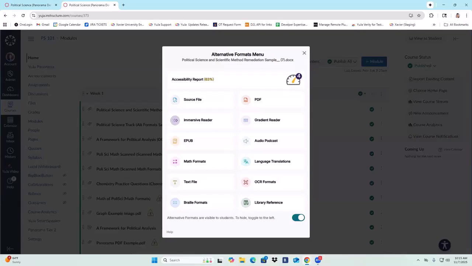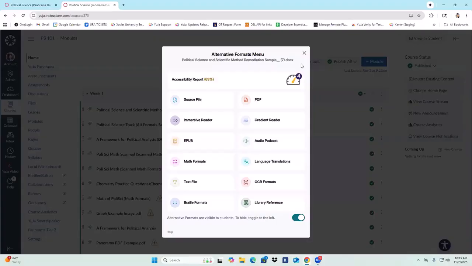I have a question here as to which features to use. Should I always turn on the gradient reader? By default, all of these alternative formats will be available for any file in the course. The great thing about this is that your students will have the ability to pick whichever fits their needs, without having to reach out to someone to enable it for them. So I would recommend keeping all of the alternative formats available for the students, with the exception of language courses, where they have the translation, you can turn that off.